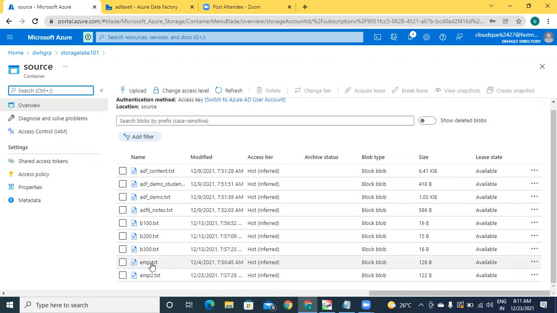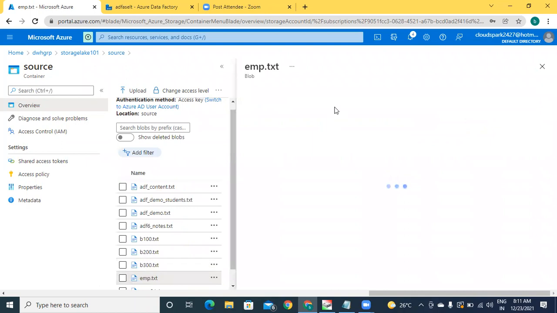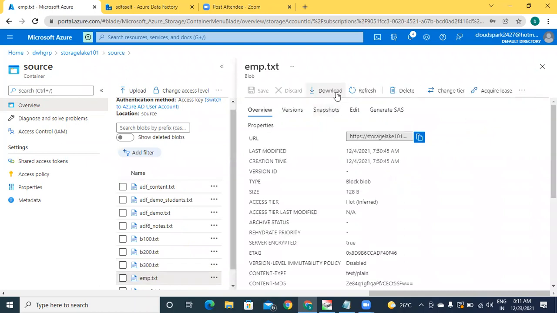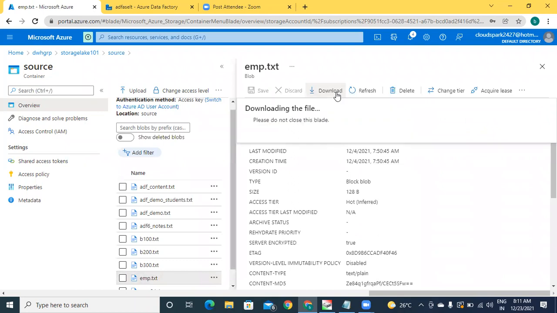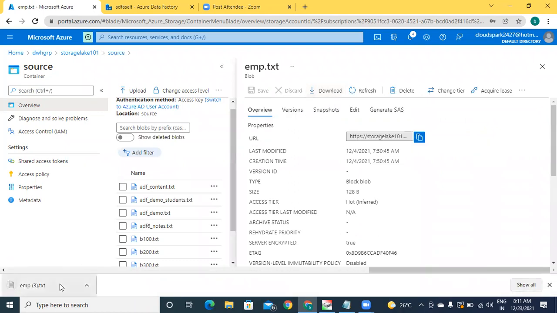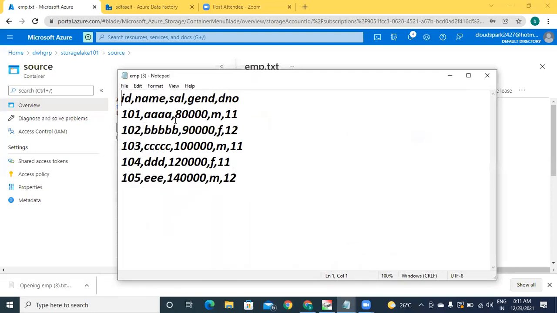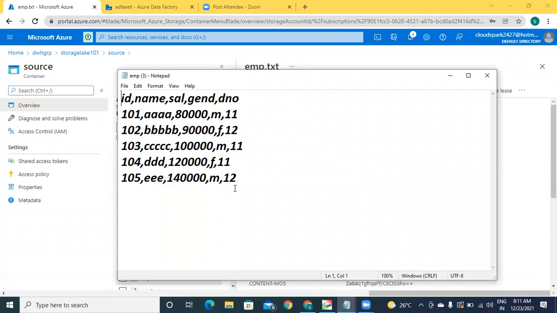Look at last two files here, emp.txt, emp2.txt. Please open the data of emp. So this is schema ID, name, salary, gender, department number. I have 5 rows here.